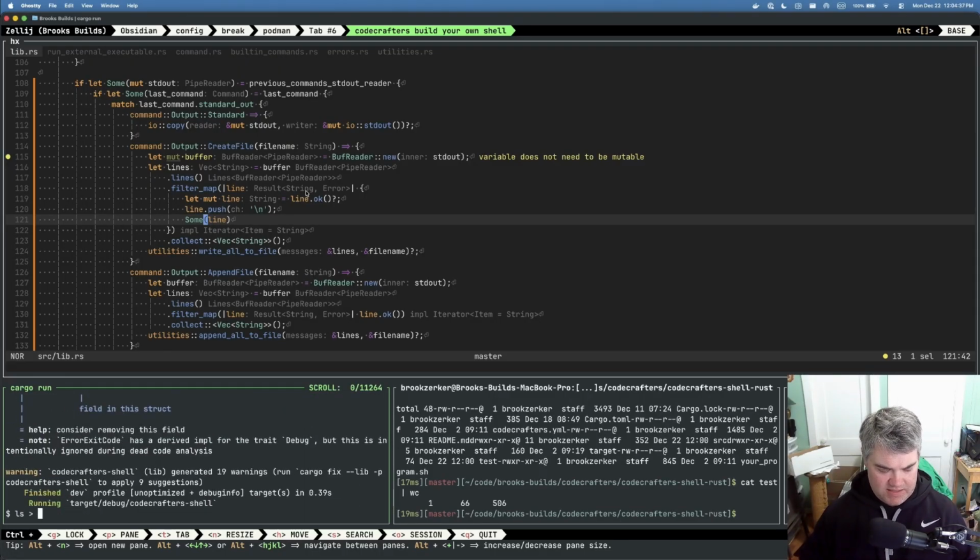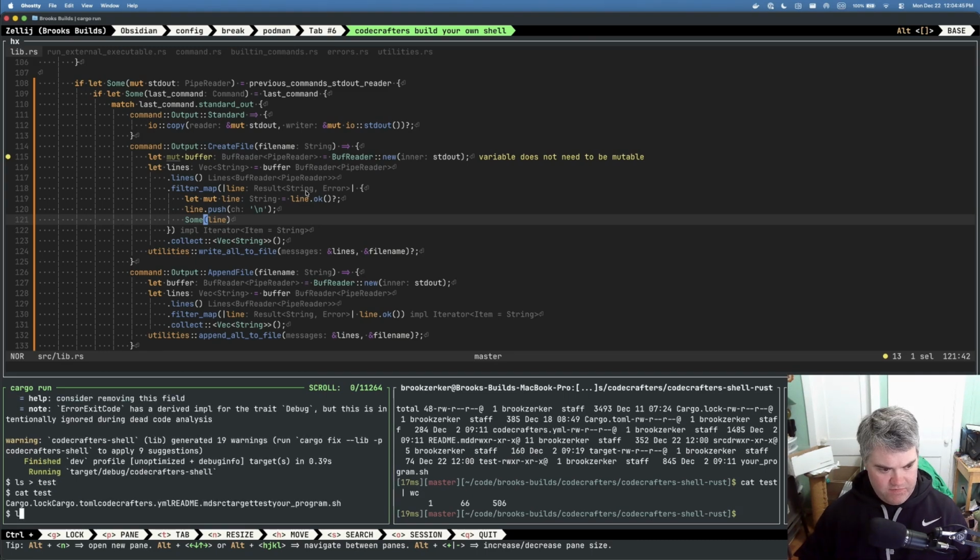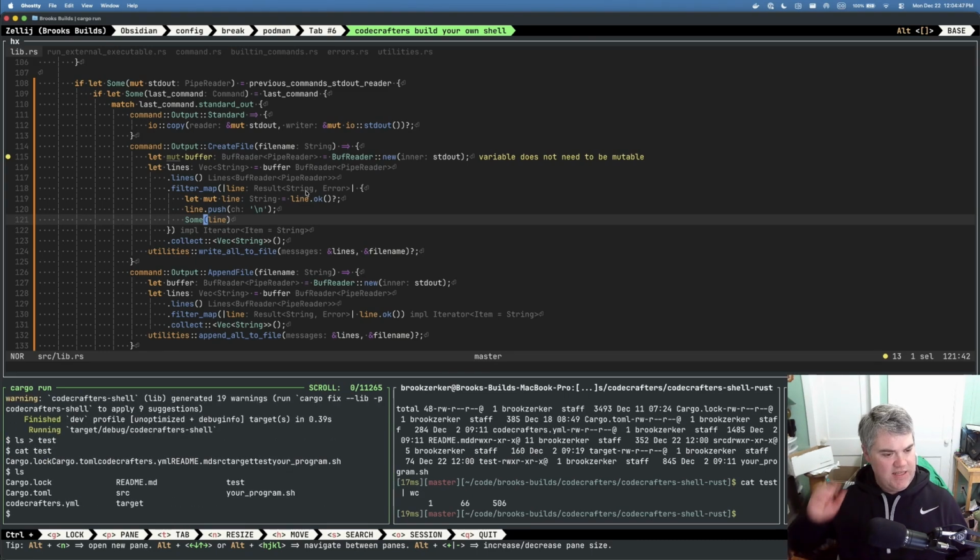So if I ls and pipe to test, if I ls like that, okay, so that is supposed to be giving me a tab between each ls, or at least a space or something. I'm getting the output and I'm losing it. I wonder